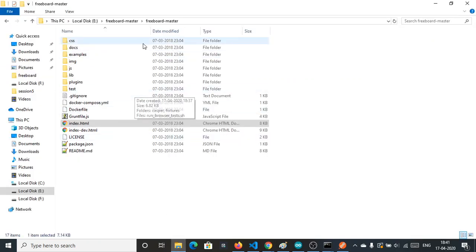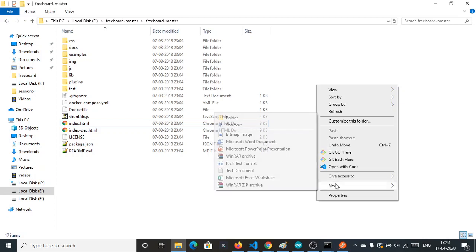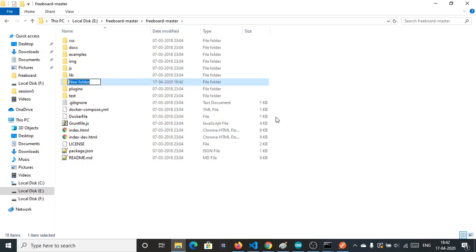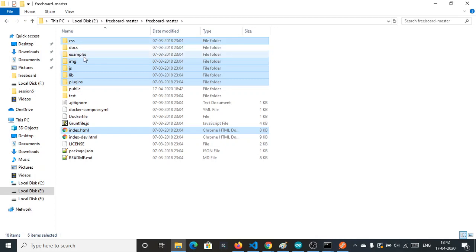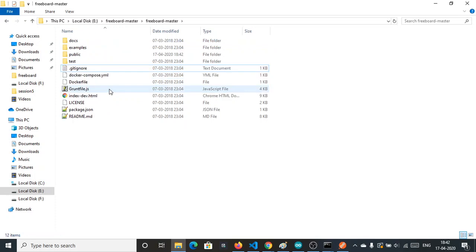As you extract the Freeboard dashboard here, you need these files to deploy. Create a directory public here in the root, and you need to host index, plugins, lib, js, image and the css. These files need to be hosted, so drag and drop them in public.